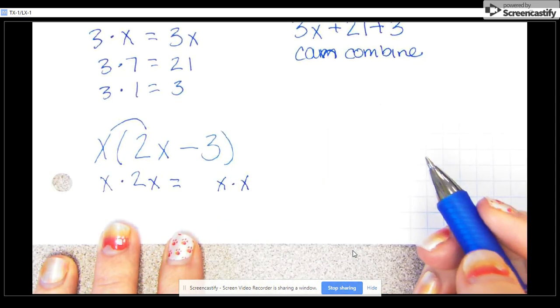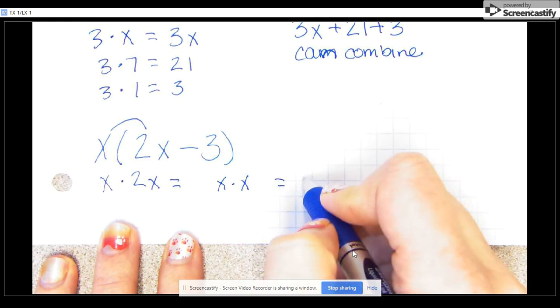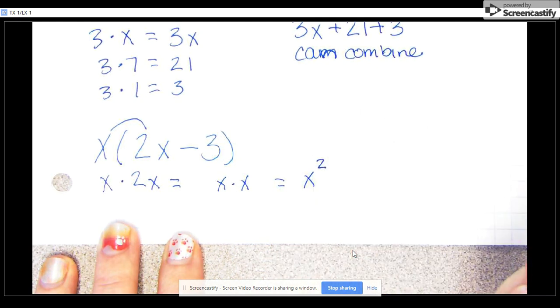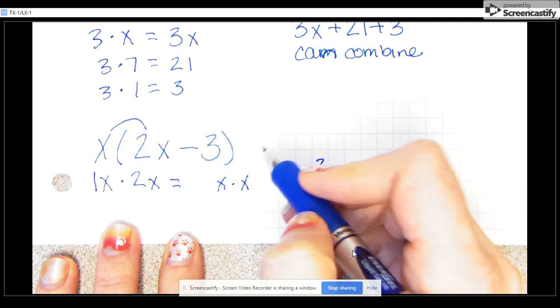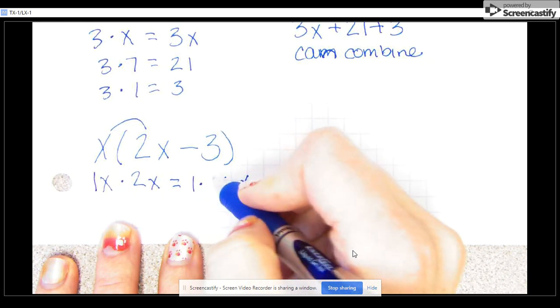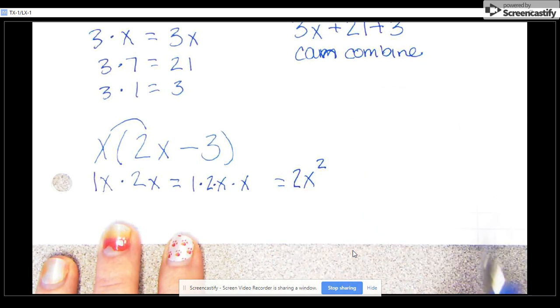And we've talked about this. x times x is also known as x squared. A number in front of x's also get multiplied. That's like saying 1 times 2. And 1 times 2 we know is